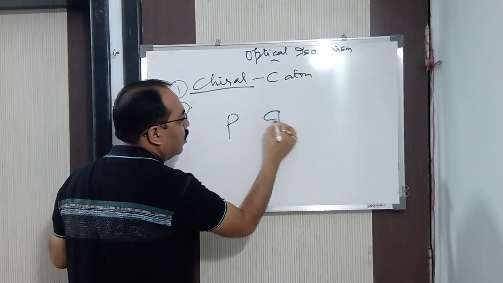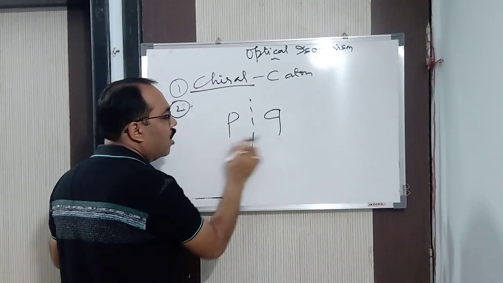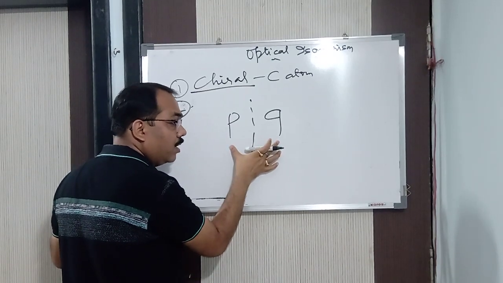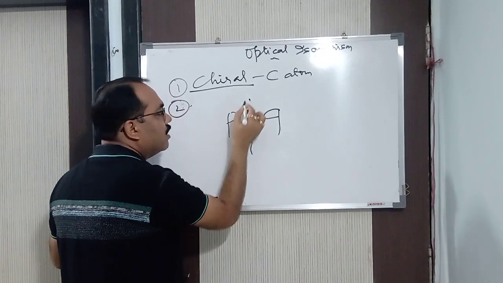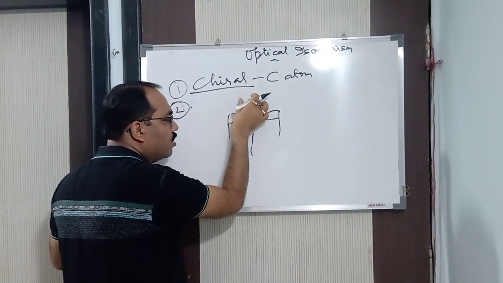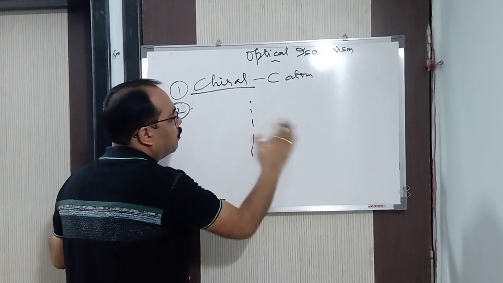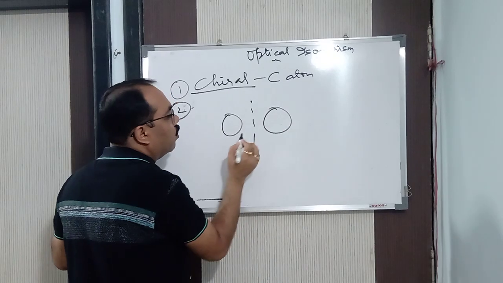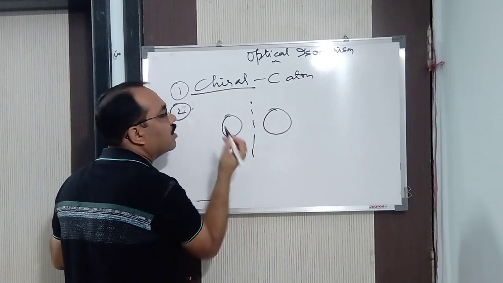It will show you Q. Alright, this is the mirror letters, it will show you Q. So these two are not superimposable. They are said to be asymmetric. They are not symmetrical. And this line is not called a line of symmetry. Suppose it is symmetrical, suppose you are putting here O and here also getting O, then this line is known as line of symmetry and the center is called a center of symmetry.